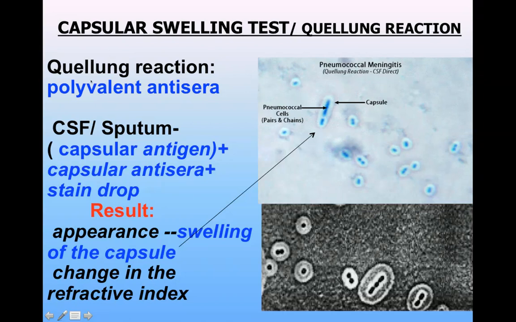So this is the Quellung reaction, which is positive for all capsulated organisms. And in this case, pneumococci has a well-defined polysaccharide capsule, and that is why this Quellung reaction is going to be positive. We can also perform the Indian ink test, where you're going to put a drop of Indian ink on the specimen and you're going to see a picture like this. Again, the capsule would be well defined. It does not take up the stain. It remains as a colorless halo around these diplococci, and the rest of the slide becomes black in color.